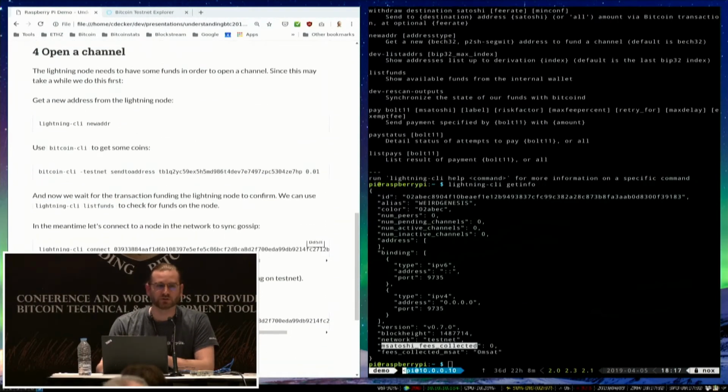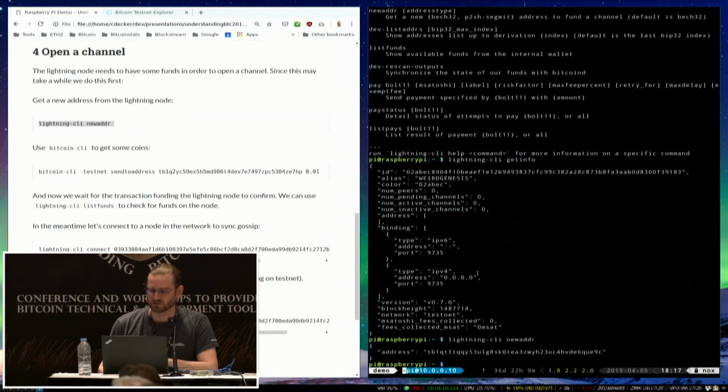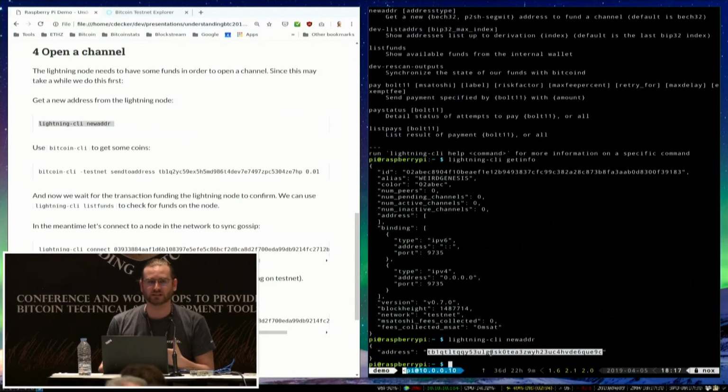Okay. So what do we do to open a channel? In order to actually use our Lightning node, we need to open a channel to the rest of the network so that we can send payments through that channel. Before we can open a channel, we need to give some Bitcoins to this node in the first place so that it can open channels. So what we do is we generate a new address from Lightning CLI. And this address will result in all funds sent to this address being